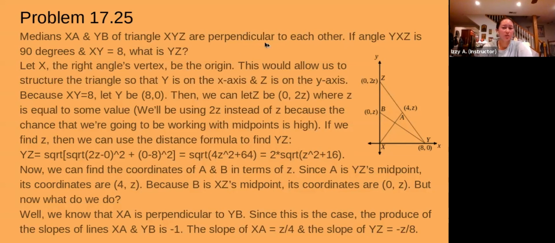of triangle XYZ are perpendicular to each other, if you just knew this information, what I would recommend you do first is to draw the two medians and then make sure that they line up with the triangle, because I feel like it's easier to start with the medians, because you know what medians are. So then if you were to draw two perpendicular medians, then you can draw the triangle that corresponds to those two perpendicular medians, and then you can align that triangle up to the x-axis and the y-axis,